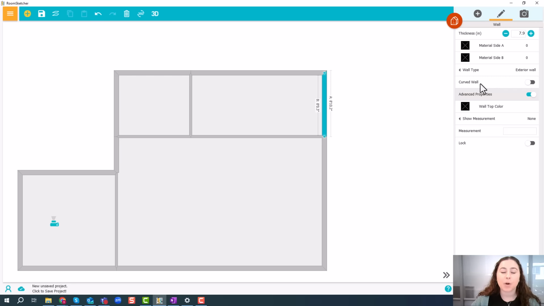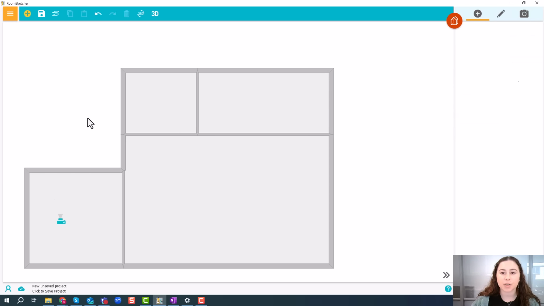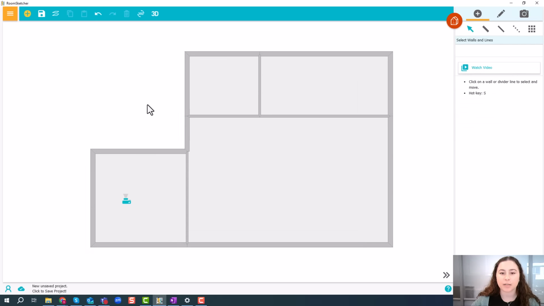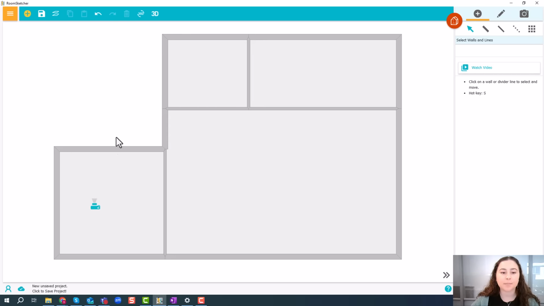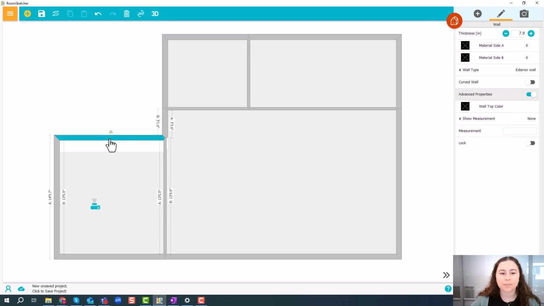Now, I want to change the measurement of my bedroom at the left side. I'm just going to move my floor plan a bit so you can see it more easily. And there are two ways of changing the measurements of a room. So the first one is to click and drag your wall and then release. But if you want it to be accurate in inches, what we do is just select the wall, and then